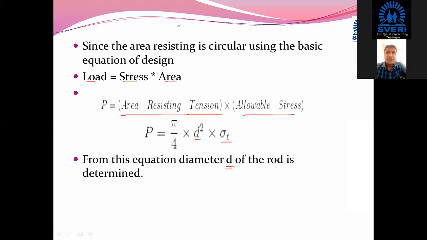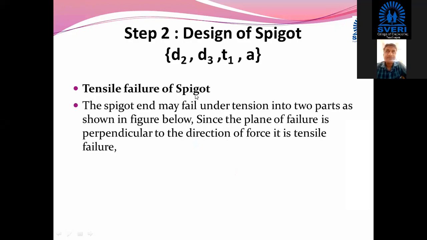Sometimes one can go for standardization also. The standards which are available are in terms of the diameter of that rod, and we can calculate the other dimensions. Okay, I will take the second thing into account, and we'll consider the spigot. In the animation we have seen it at last, the spigot. Okay, we have seen first that sprocket. Later on we have seen the spigot, but we can change the sequence and we can calculate the dimensions.